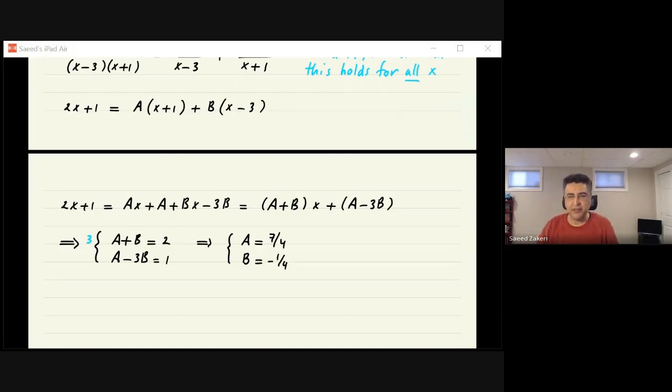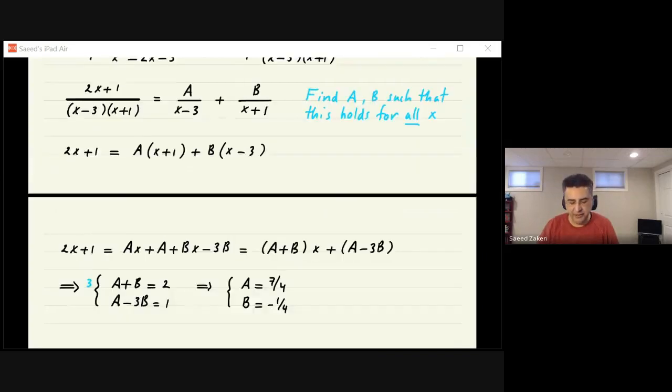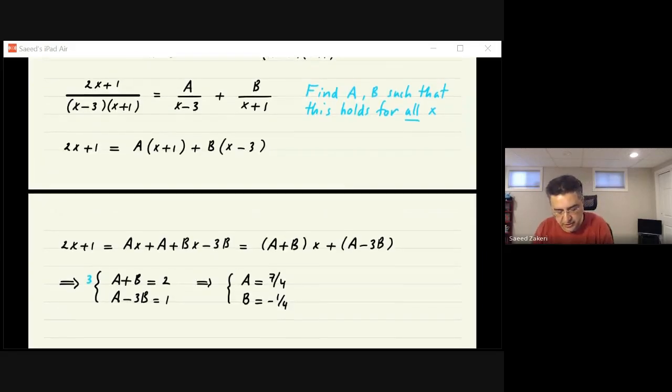That's one method for finding them. So once you reach this identity, in order to recover A and B, one method is to lump similar powers of x together and then equate the coefficients of similar powers of x. Another method, which you may find easier in this case, is